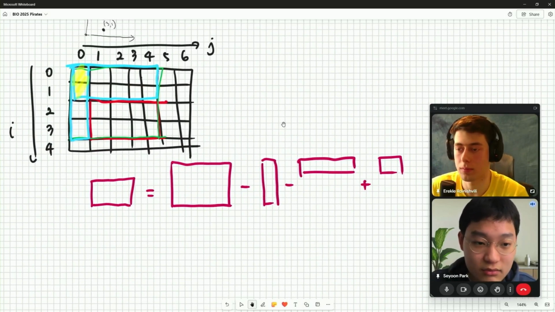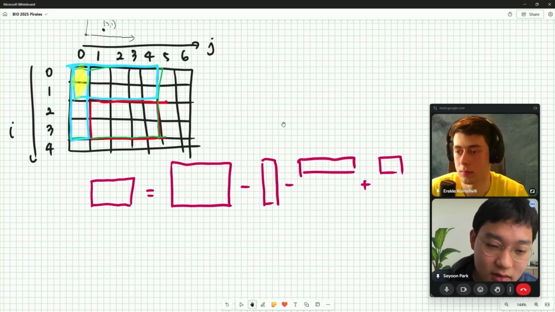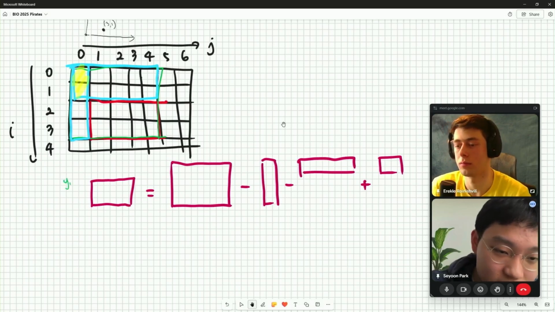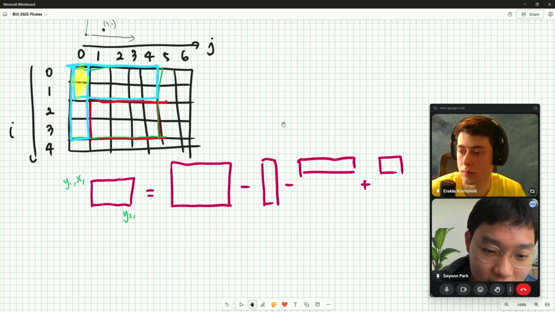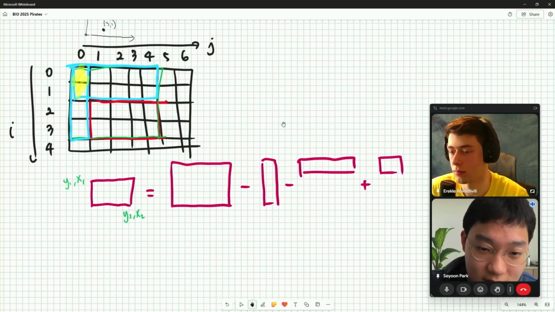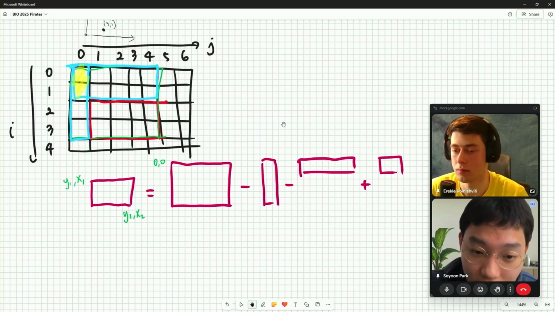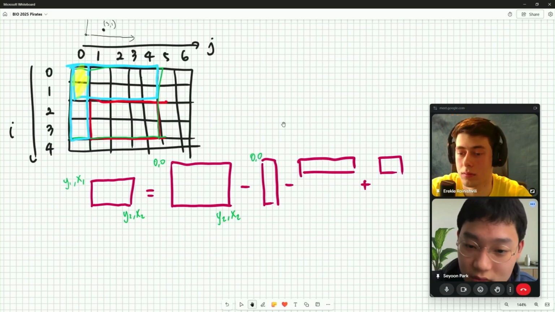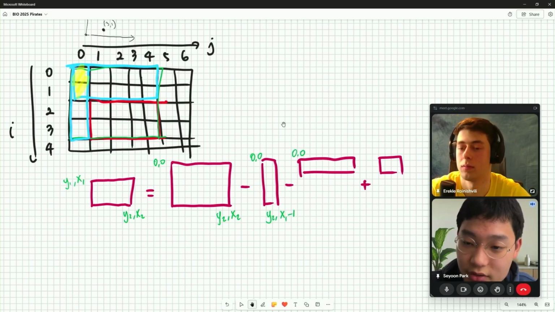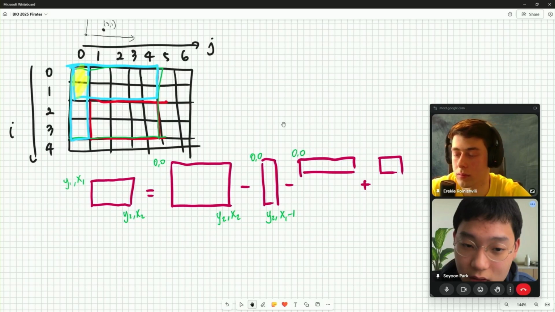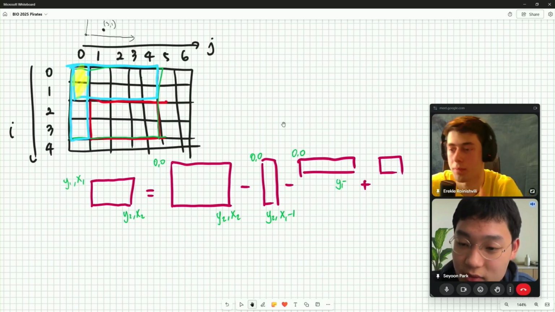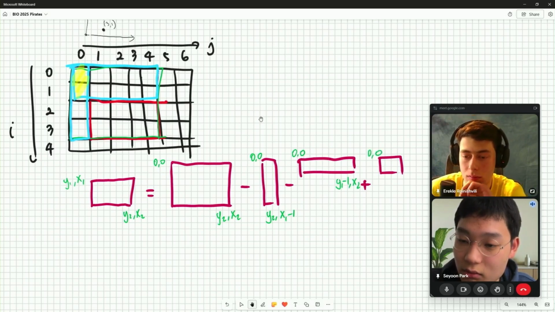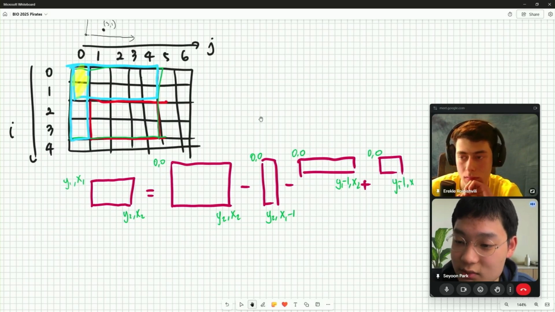If we say this is y1 x1, y2 x2, then this is from 0 0 to y2 x2, minus 0 0 to y2 x1 minus 1, minus 0 0 to y1 minus 1 x2, and then plus 0 0 to y1 minus 1 x1 minus 1.